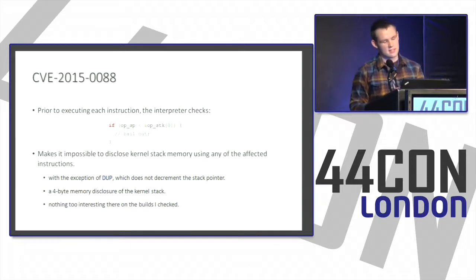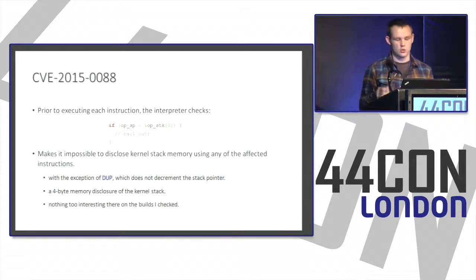But the sad thing is that at the beginning of each iteration of the loop, the interpreter would actually check if the pointer was not below the array. So even if we executed the instruction and it would overread some bytes, then at the next iteration of the loop, the interpreter would bail out anyway. So it's not very useful. The only exception is the dup instruction, which would underread 4 bytes and then push them again on the stack. So we could disclose 4 bytes of the kernel stack before the local array, but that's not